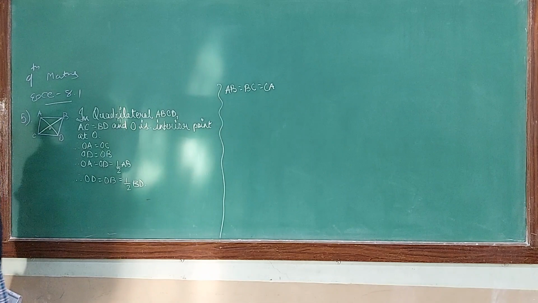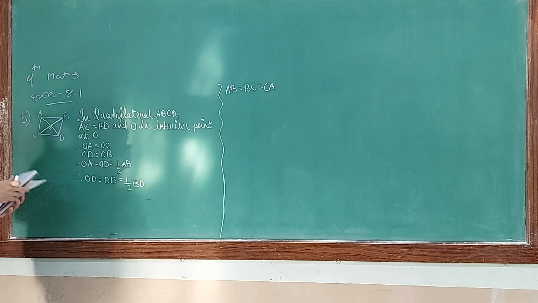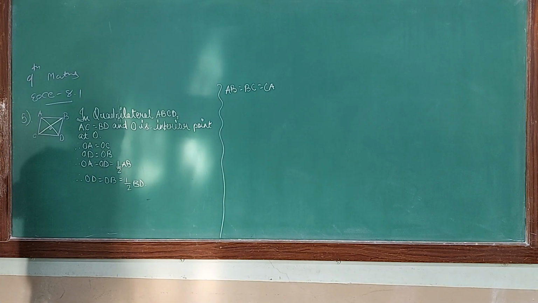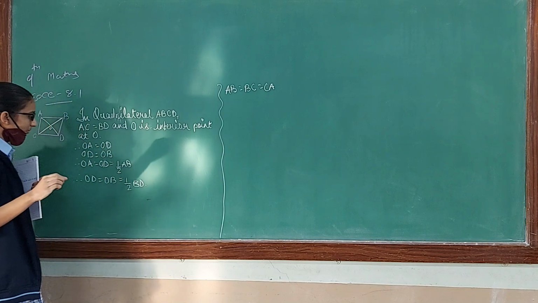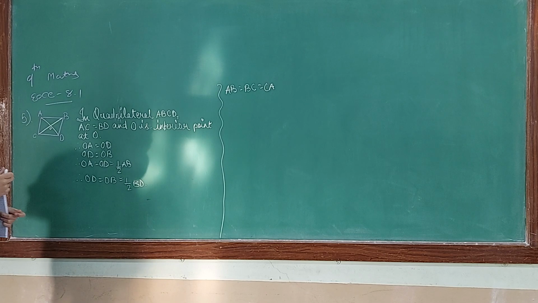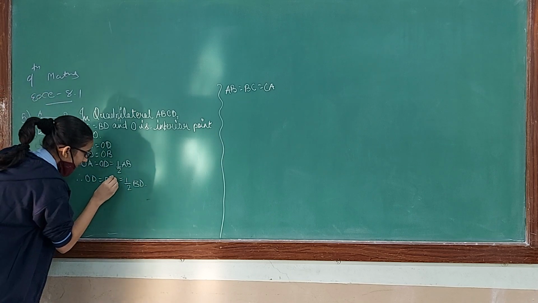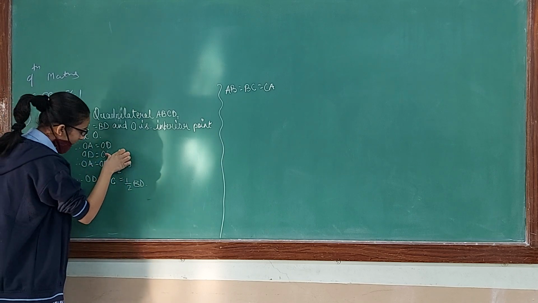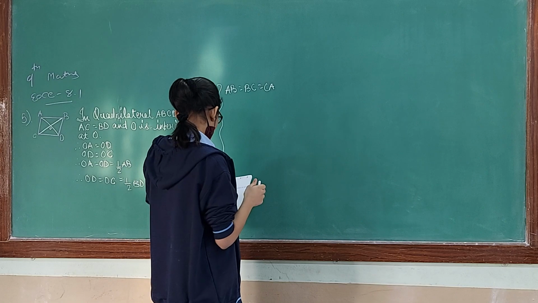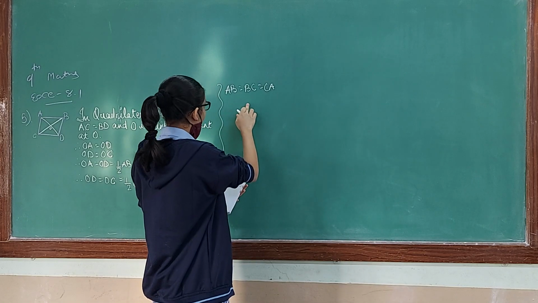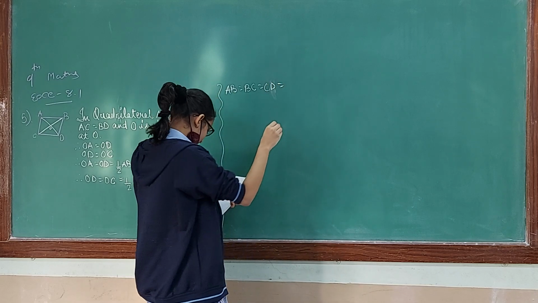Because if you are discussing one diagonal, that means at the center point it divides into two equal parts. Right? So in the first step also you have to write OA equals OD. And then similarly you have to change the name. OB equals OC. In the second step also you have to change. Yeah. Now continue it. So almost she wrote like that only. OA equals OD equals 1/2 AB. Similarly for the other diagonal.